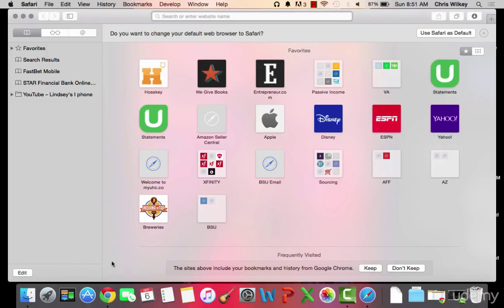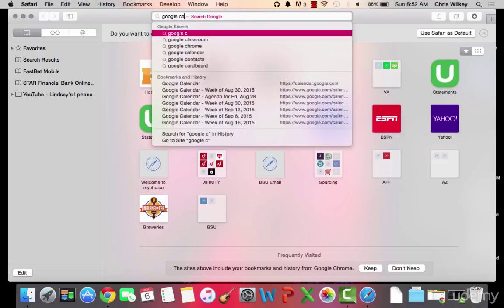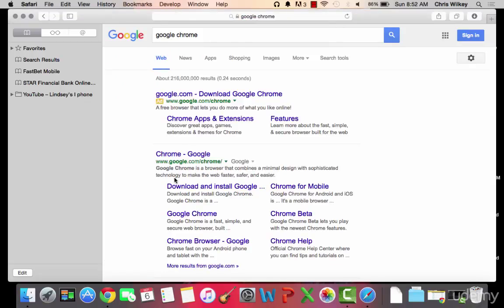But before we do that, I want to show you how to do it. So all you'll do is go on to whatever native web browser you have on your computer. If you use a Mac, it'll be Safari. If you use a PC, it'll be Internet Explorer. And you're going to type in Google Chrome into your search bar. Now, it's going to go to Google, and it's going to be the top listing here, and you're going to